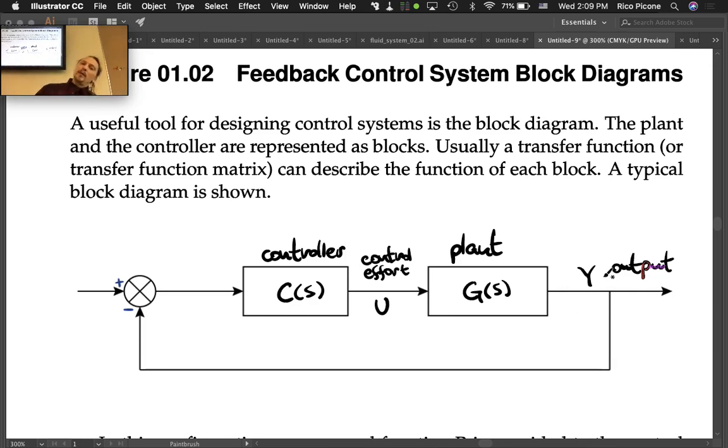So this output gets fed back. Remember, we're using the concept of feedback here. We'll measure what that output is. Maybe it was the angle of the robot arm joint that we talked about last time, and maybe we want it to be 30 degrees. Let's measure what it actually is and feed it back. And we're going to subtract it in the summing junction from the command value for the output. The command, we usually use R for the command. So it's the command minus the output. It's the difference between what we want and what we actually have,